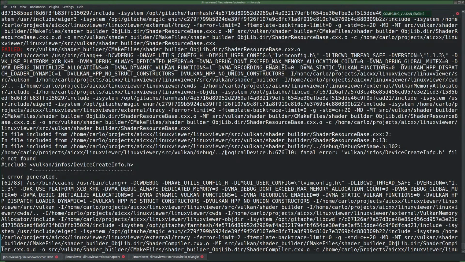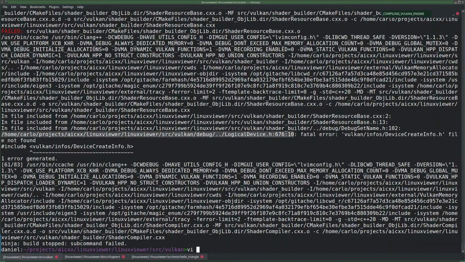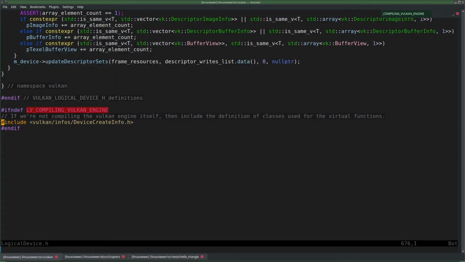I would say that it was compiling this shader resource base, which is this one, which is not defining it. Yeah, exactly.